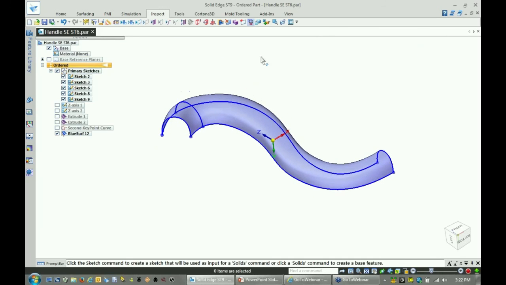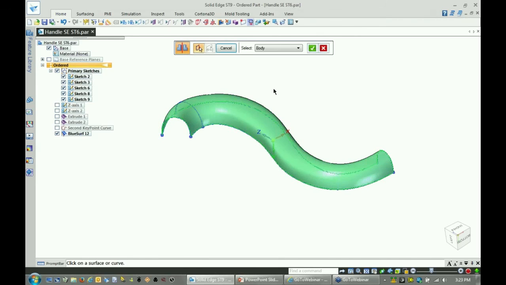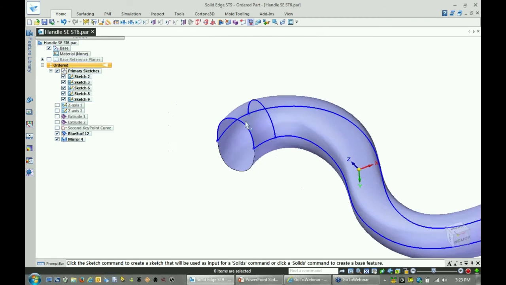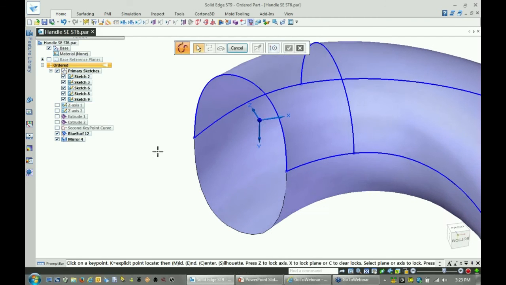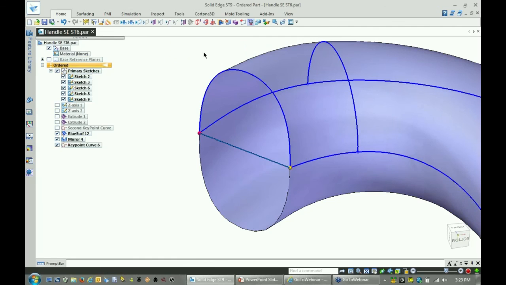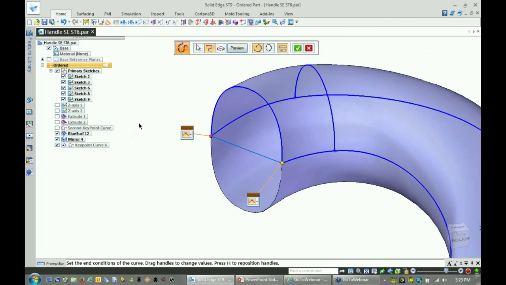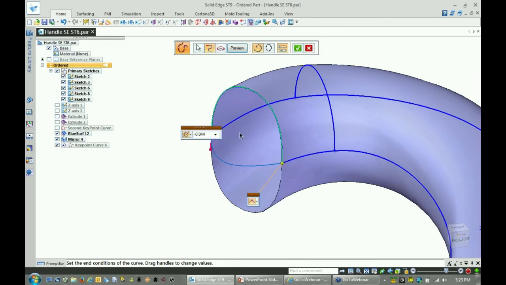Okay, now that we've created BlueSurf, obviously we need to have an exact copy on the opposite side. So for that, we can successfully use mirror over the symmetry plane. And now I need to close the ends of this design. Another powerful tool I'm going to talk about is the key point curve. It's a very powerful tool. It allows you to quickly connect a couple of points, but not only that, we can adjust how ends are transitioned as well. With only 2 clicks, I'm able to switch to tangent continuous progression,